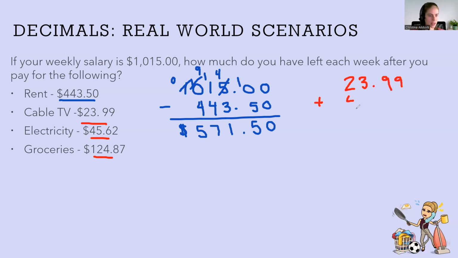and we add that to our electricity. 9 plus 2 would be 11. 9 plus 1 plus 6 is 16. 3 plus 1 plus 5 is 9. 2 plus 4 is, I multiplied on accident, 6. Now, if we add our grocery bill to that,